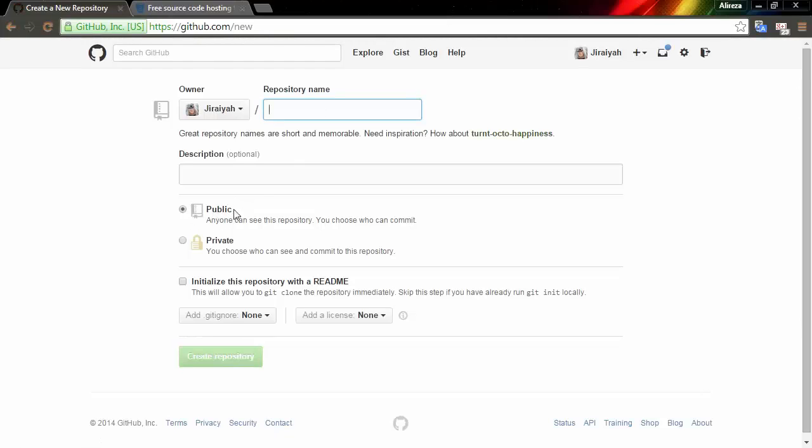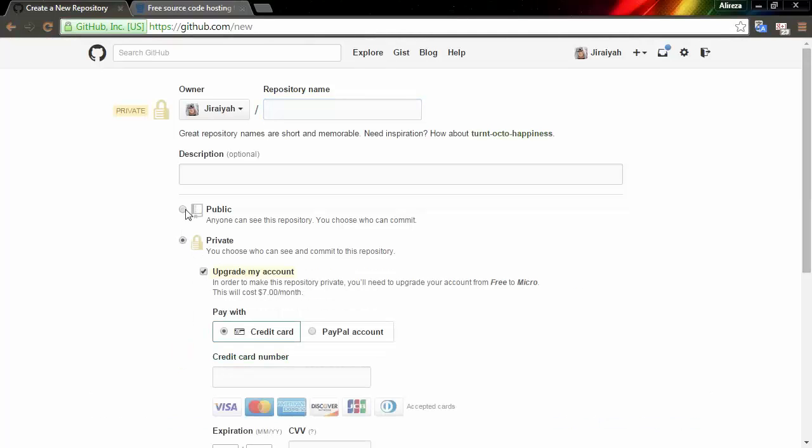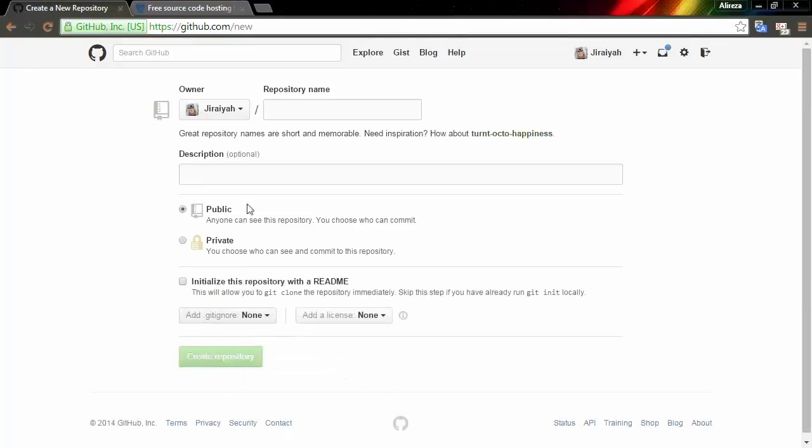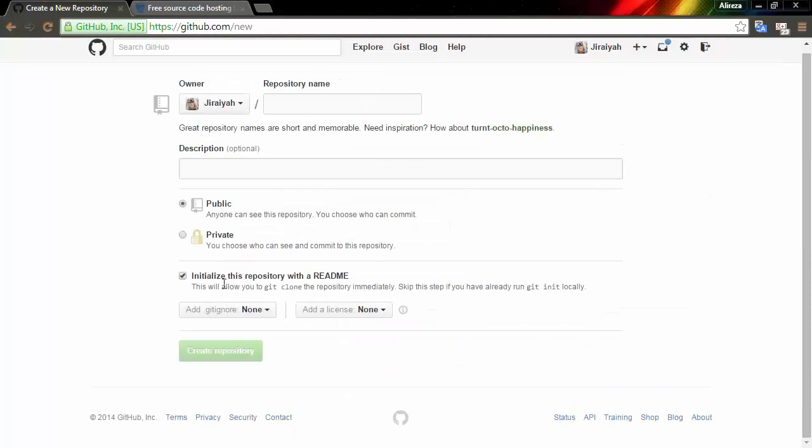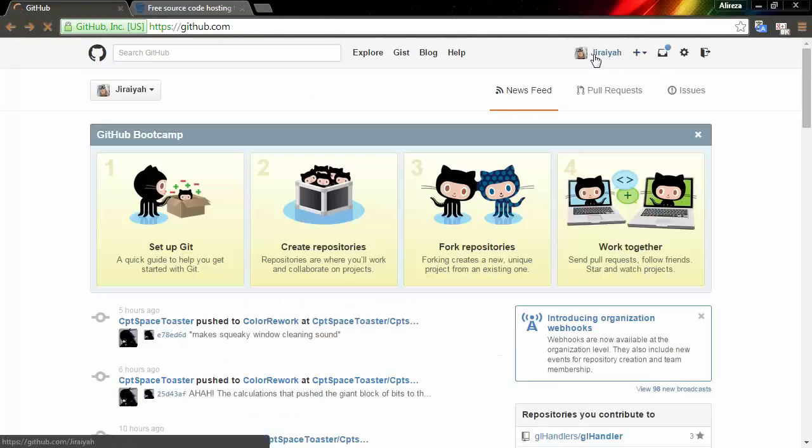You can select public. The private repository of GitHub is not free. As you can see, you should put some money there. Okay, that's a downside. And you put a README and a license type and create repository, and bam, you would have a repository that looks like